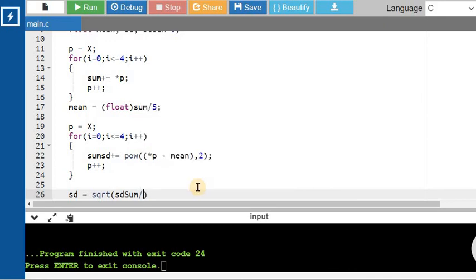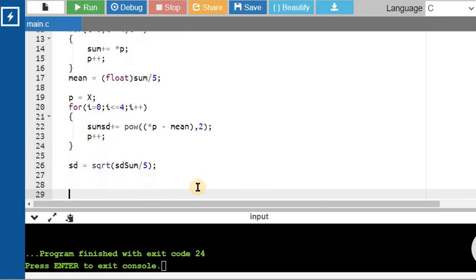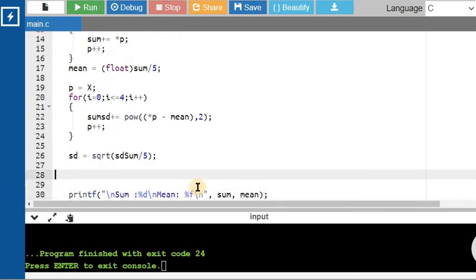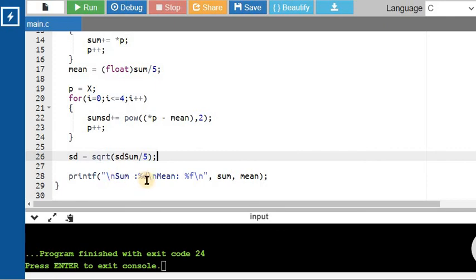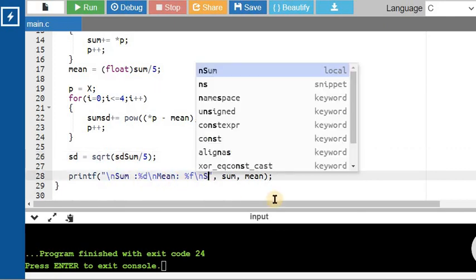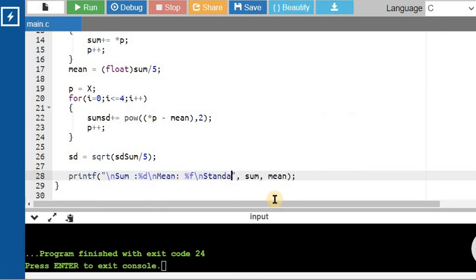Here n is nothing but 5. We have 5 elements in the array. If you have asked the user to enter the number of elements, then it would be sd sum divided by n. So this is how we compute the standard deviation of the elements in the array. So now I compute sum of the elements, mean, and finally I'll also print the standard deviation.